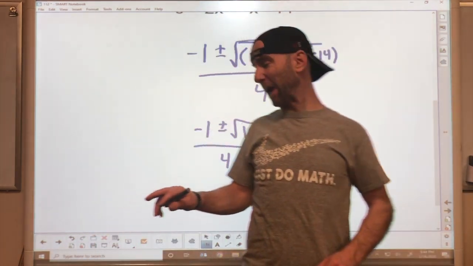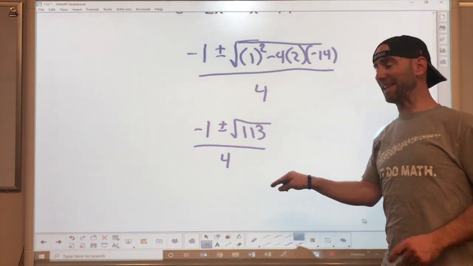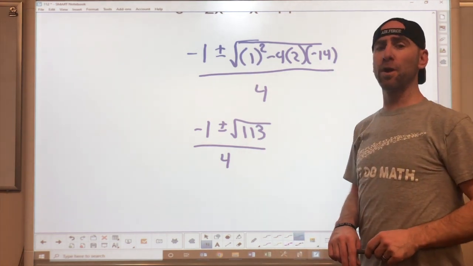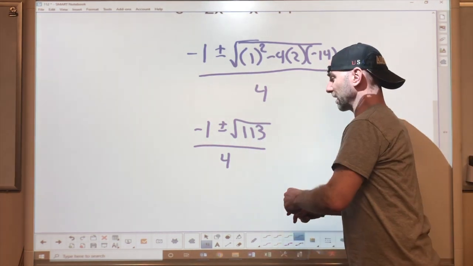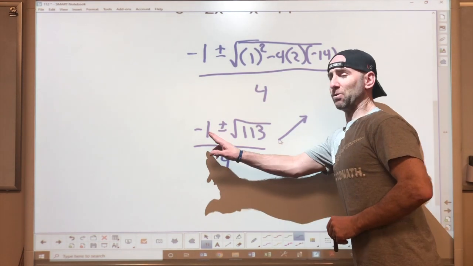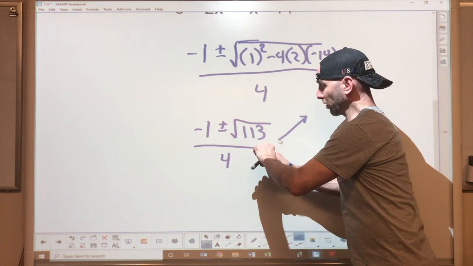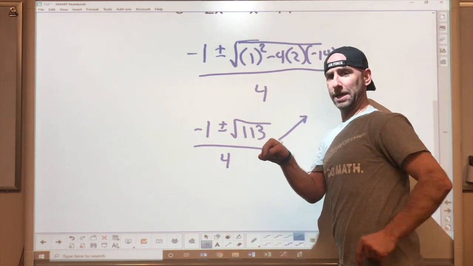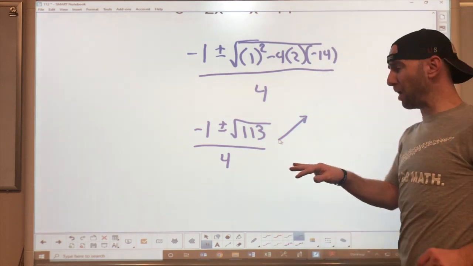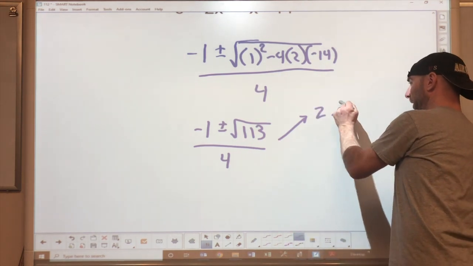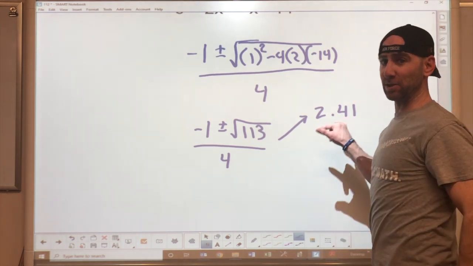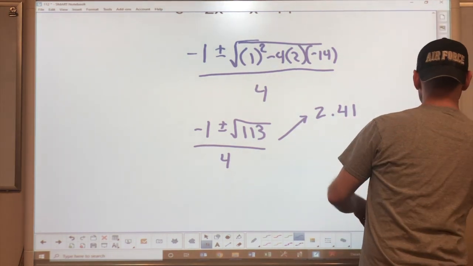You'll have this right here, and you'll find that this does not simplify. So quickly in your calculator, give me one of the two solutions. Take -1 plus root 113. Hit enter, divide that by 4, and you'll find that it is about 2.41. So there's one of our solutions to the system